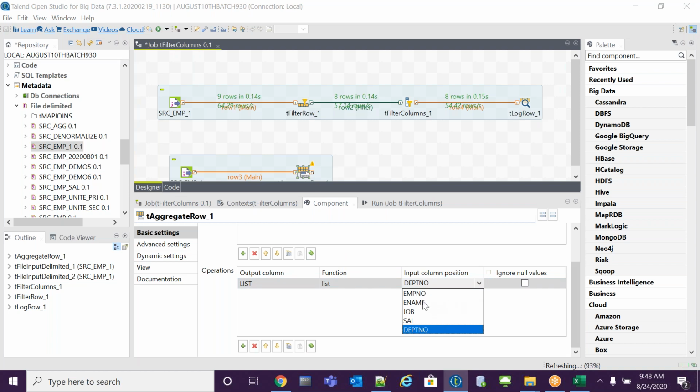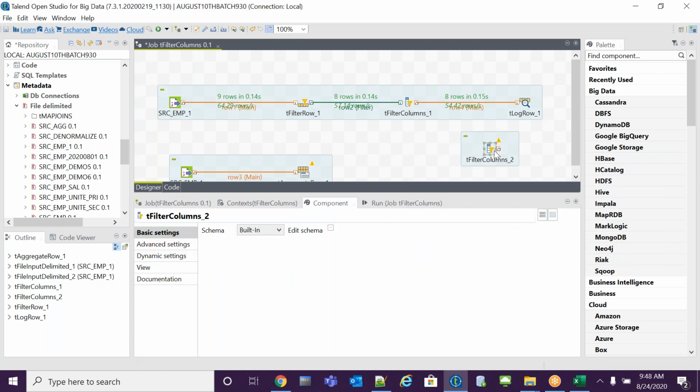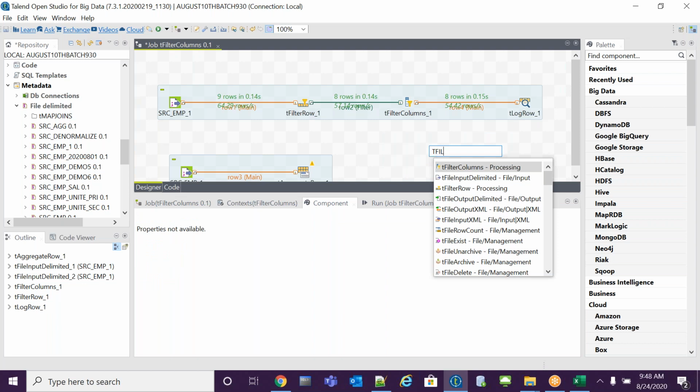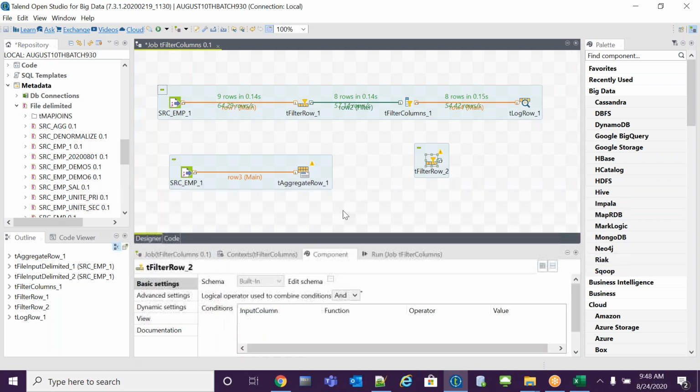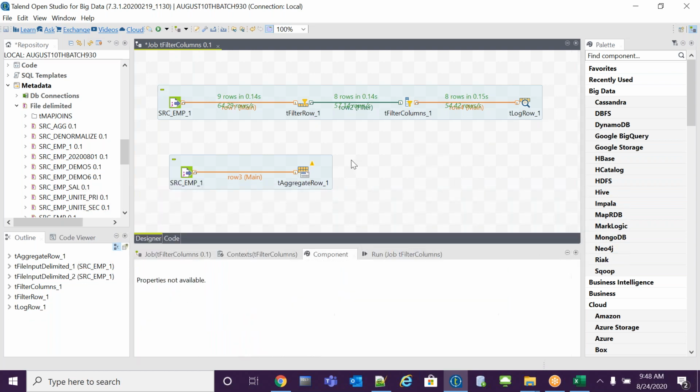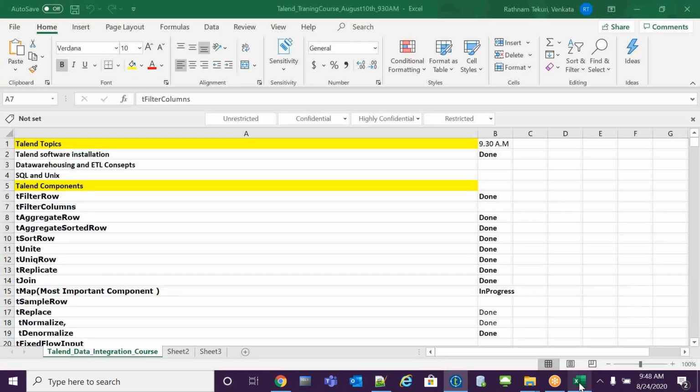Anyway, we'll cover this list function later, with all the enames. Then you can apply the filter. What are the filter you want? Filter data based on the ename. Okay, this is the way to do it. But in this scenario it will not commit, so I'm not executing this one. This is the use of tFilterColumns. Any doubts on the tFilterColumns, team?